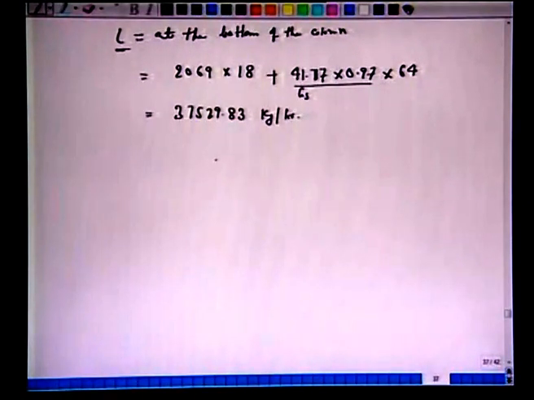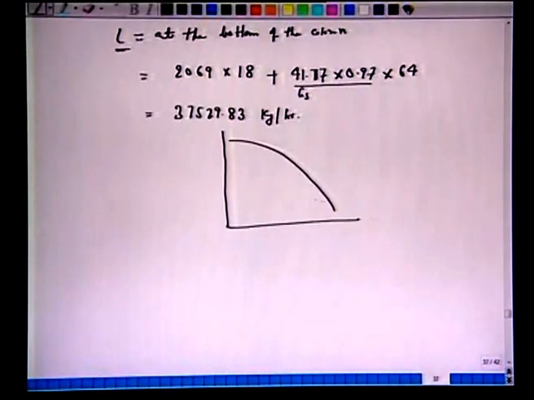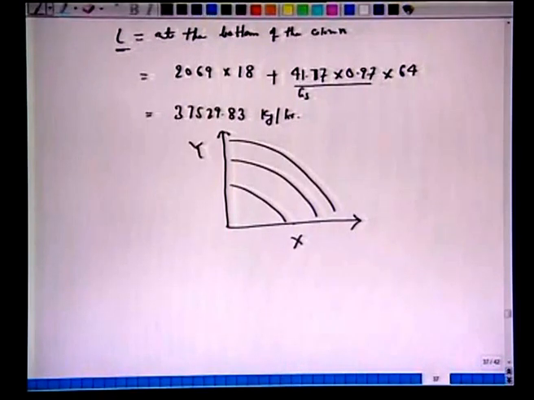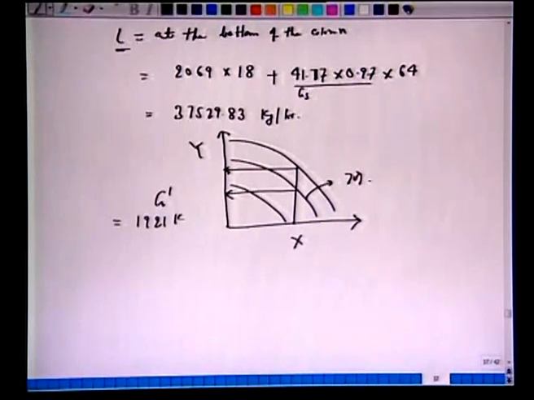So, now we can go back and draw this again very quickly. You should recall this curve for loading and flooding, where you had certain quantities on the x, you had certain quantities on the y. You are supposed to mark this curve here, go to this flooding, that will give you flooding conditions. You operate at 70% of this pressure drop. So, when you work at 70% of this quantity, you will get G prime from here. So, all of this I leave it as an exercise, already you have done this in the previous lecture. This will give us G prime as 1921 kg per meter square per hour. So, look at this, now we are getting this in kg per meter square per hour.